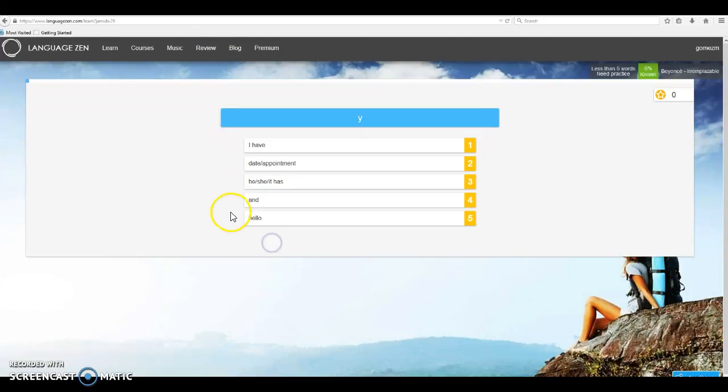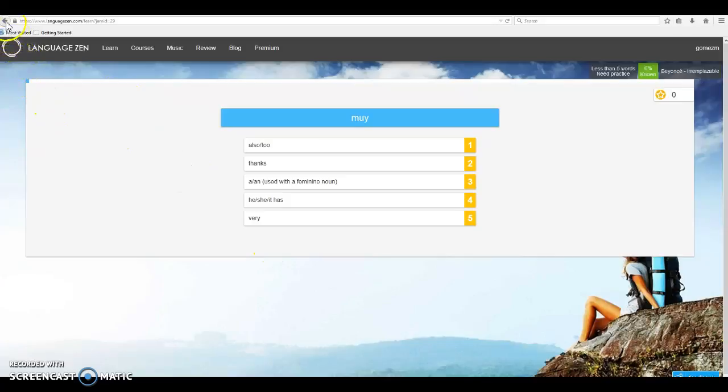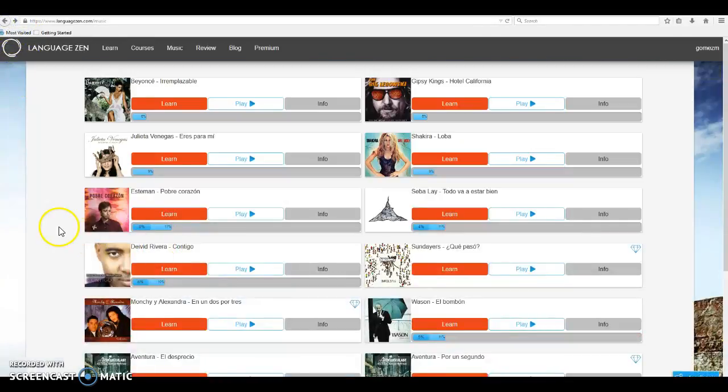Learn will go through tengo, muy. So basically by clicking learn, you're going through the vocab before you even listen to the song. And if you hit play,